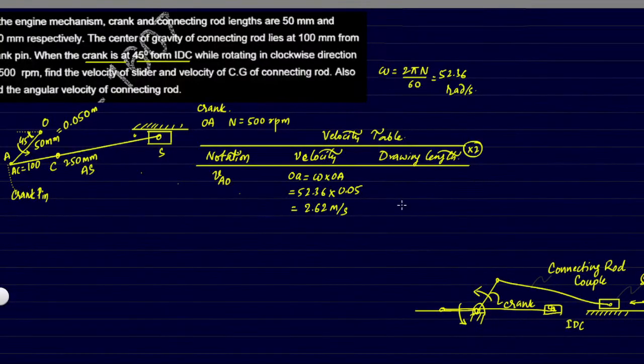So 2.62 when doubled we get 5.24. Let's round it off to 5.25. Sorry, not mm, we'll take it in centimeters. So this is the drawing length we will draw. And